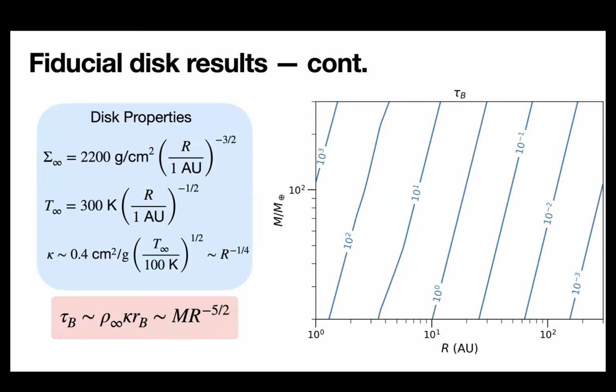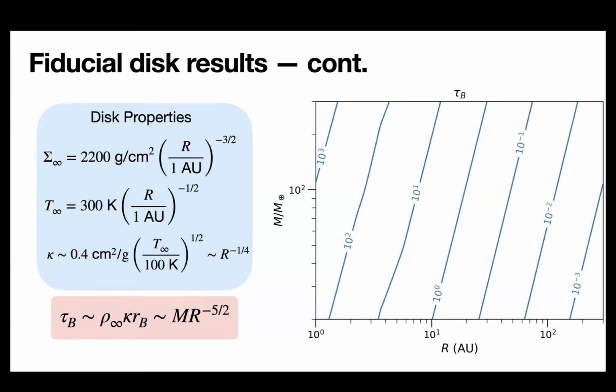So over here on the right, I'm showing the fiducial optical depth through the Bondi radius for these different models. And we can see that the radiative parameters across the whole protoplanetary disk depend a lot on your formation location. So in the outer disk, 100 AU, things are very optically thin. The optical depth is like 10 to the minus 3. Whereas in the inner disk, say like 1 AU, the optical depth is almost 6 orders of magnitude higher in